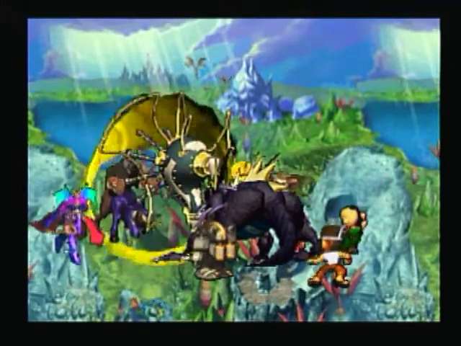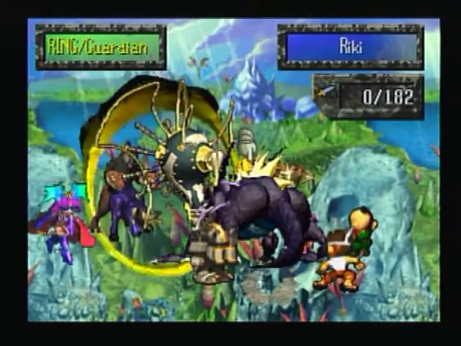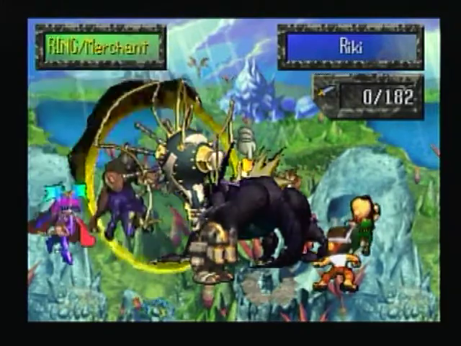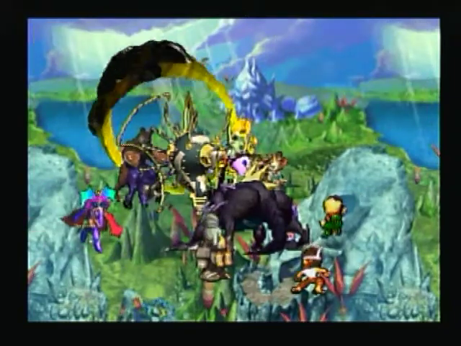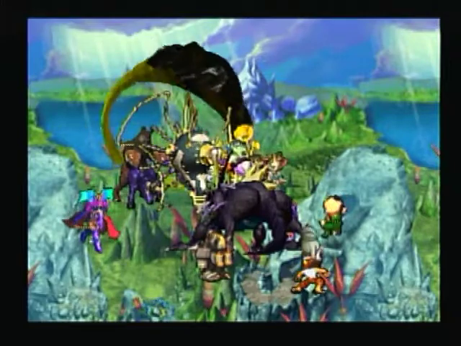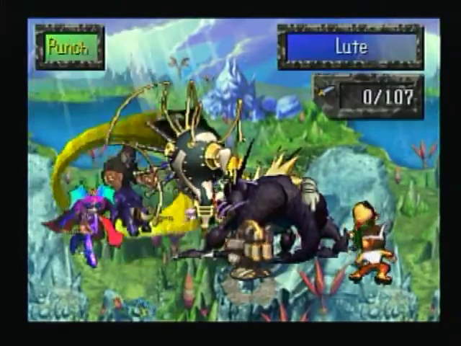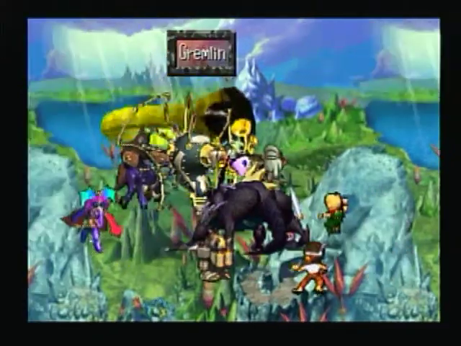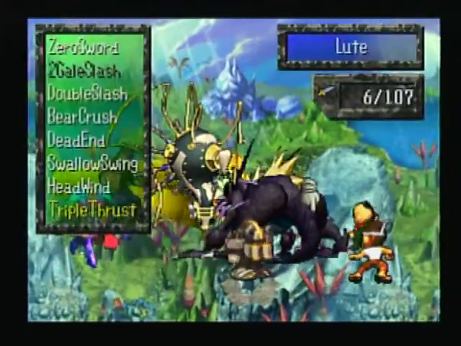Alright, so these little monsters in the back, they all represent portions of the ring, I guess. And so, you want to try to kill them, but you don't want to kill every single one. Because if you kill every single one, that master ring in the middle will start using very, very powerful attacks. So, you want to concentrate most of your attacks on the master ring, but...